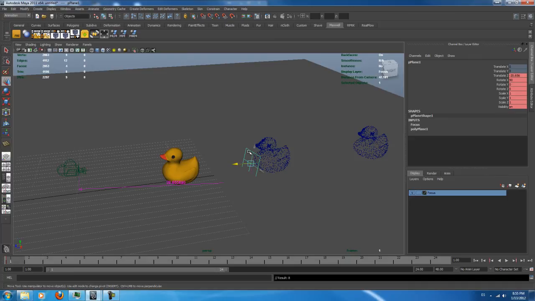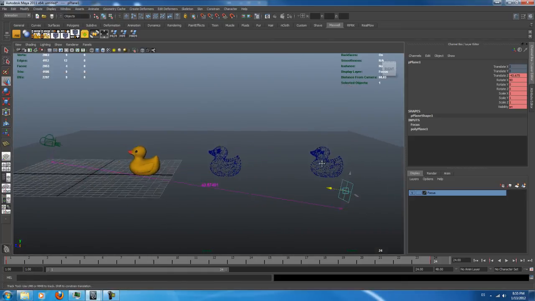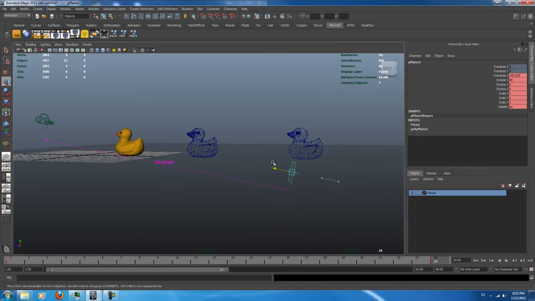I want the second duck to be completely focused, and for frame 24 I'm going to create a new keyframe with the focus pretty much like that, 36 approximately. So if we take a look at the in-between,